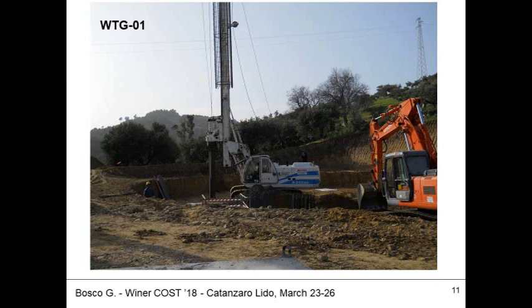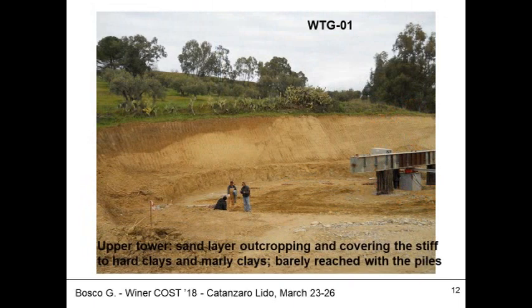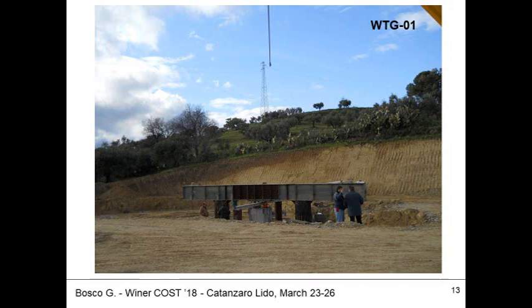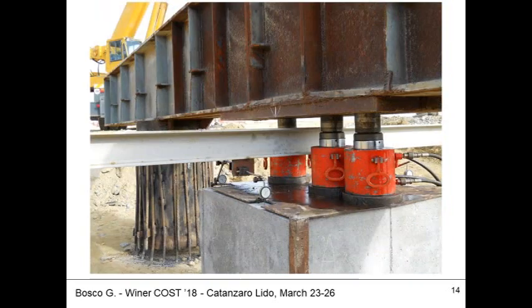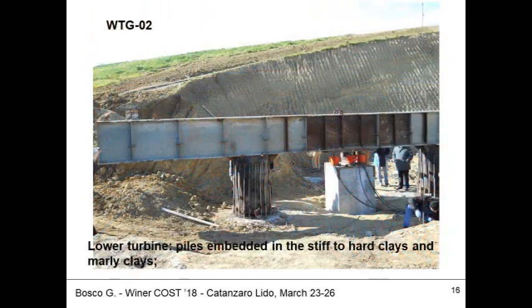And what you see here is this tower, a very thick layer of sand extended about 16 meters below this level, and then there are the stiff clays. Okay, pile testing was executed just to figure out if limited soil information had allowed an acceptable design